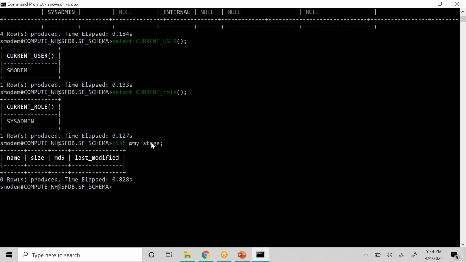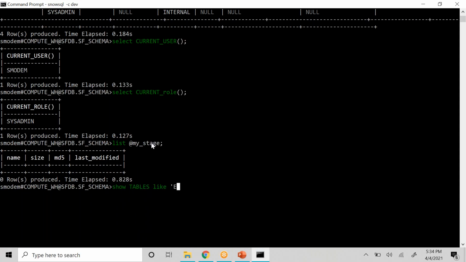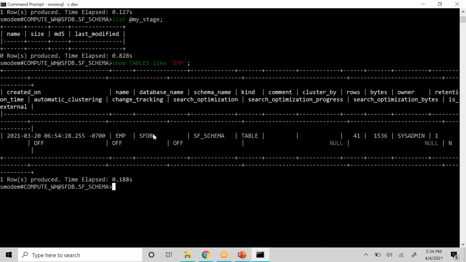Because we did not push any data into it, it is null. So table stage, I have a table called emp. Show tables like emp. Emp should be in the SF schema. So now list at the rate of,